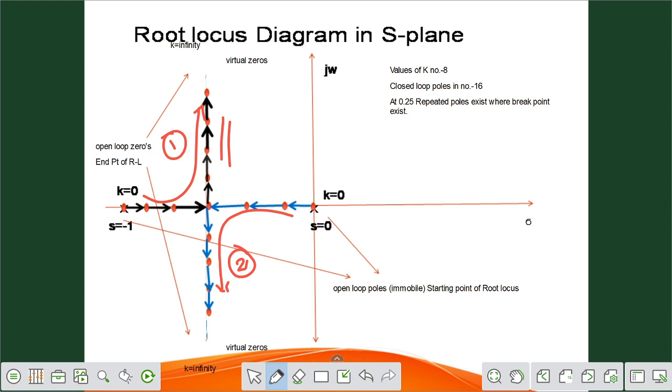So you can see the root locus will start from the open loop pole, and here the k value is 0. Here also the root locus will start from an open loop pole. Here the k value is also 0, and this will end. The black mark will represent like this. So what is this? This is an open loop zero. And which type of zero is there? Virtual zeros. What is the key point? The key point I can represent in the next slide.